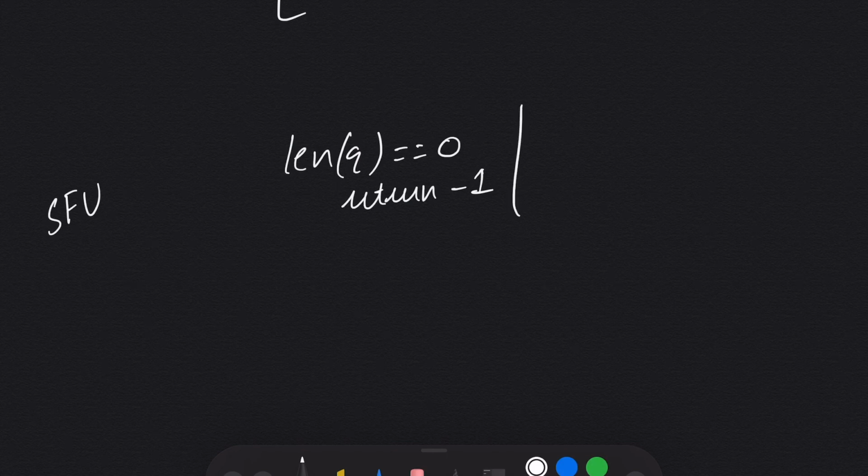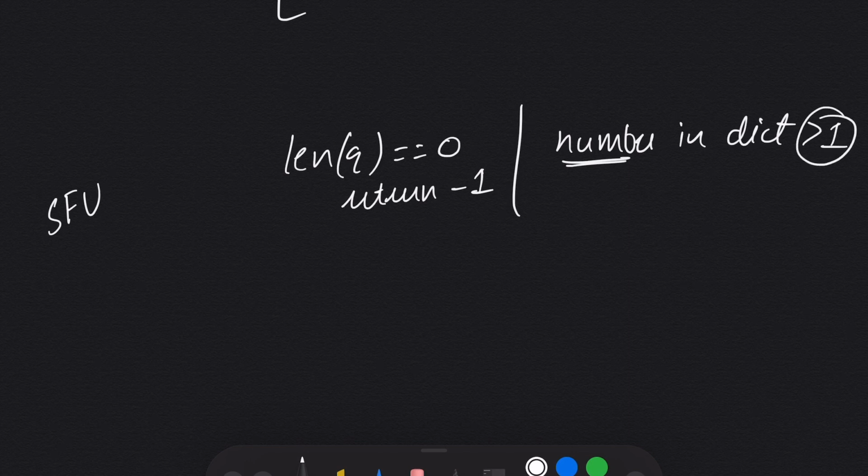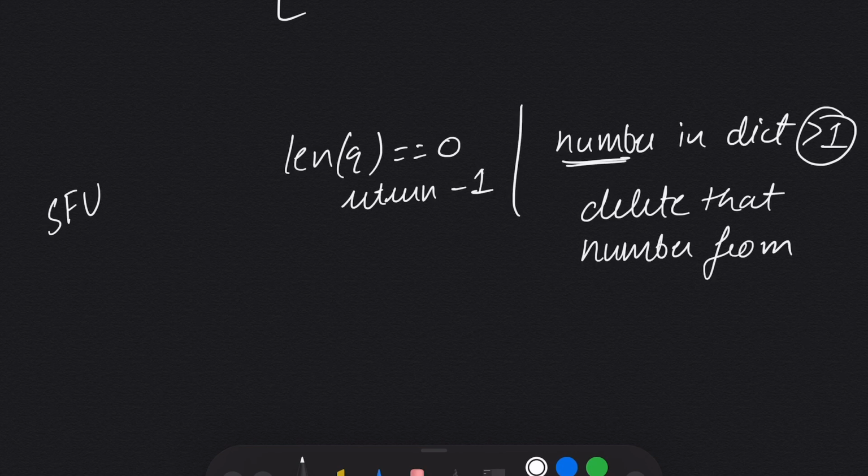And if the length of my queue is more than 0, I will check for the number in the dictionary, and if the frequency of that number is more than 1, then what I will do, I will delete that number from my queue. And if both of these two cases are passed, then I will simply return the first element of my queue.